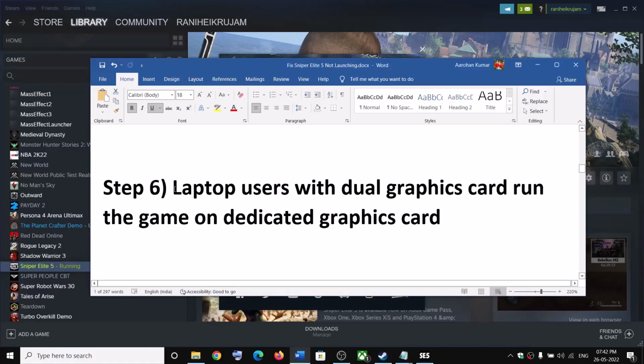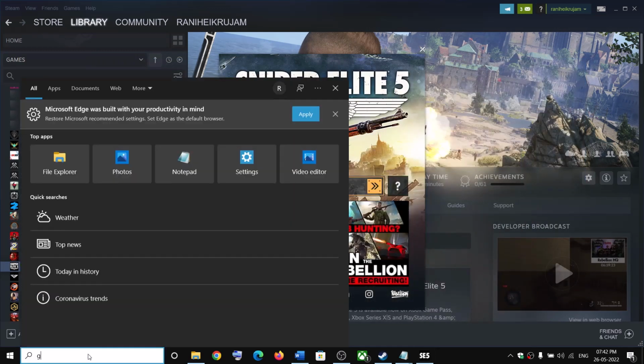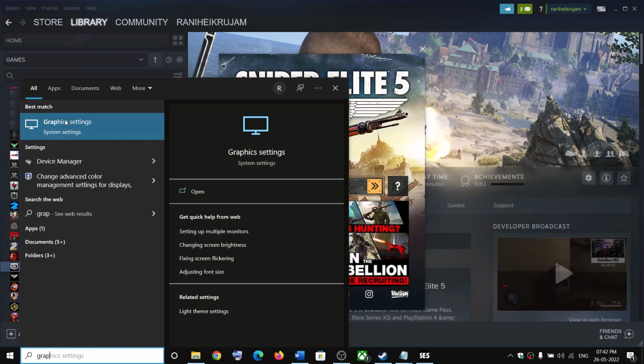Now the next step is for laptop users with dual graphic card. Make sure that you are running the game on dedicated graphic card. So if your computer came with two graphic cards, make sure that you are running the game on discrete graphic card. For this, type in graphics settings in Windows search box, click on graphics settings,